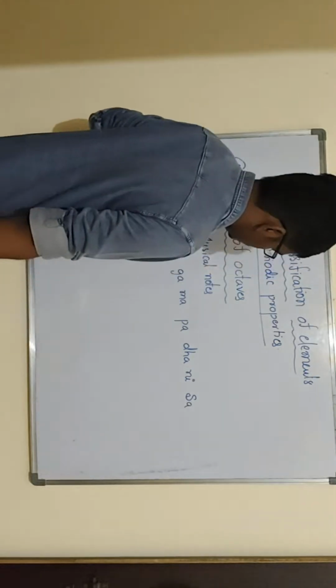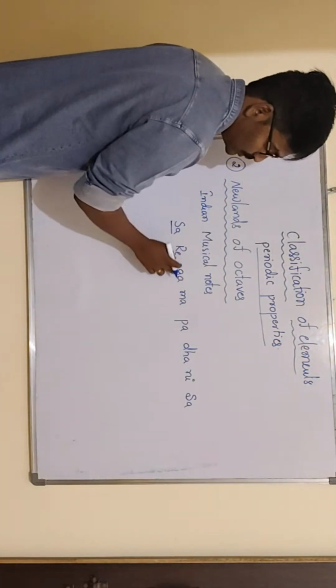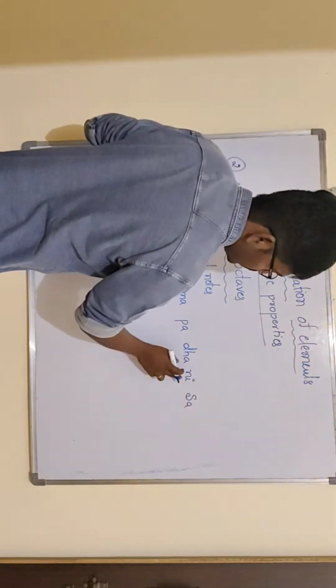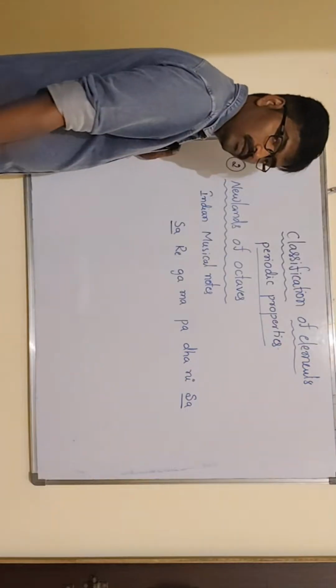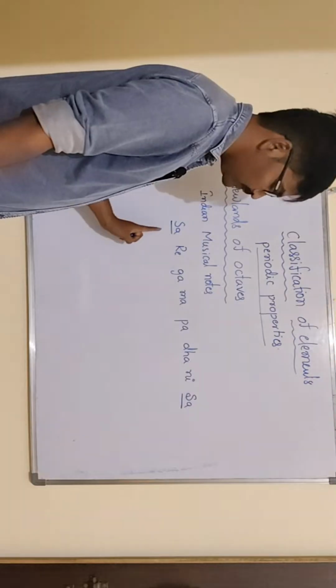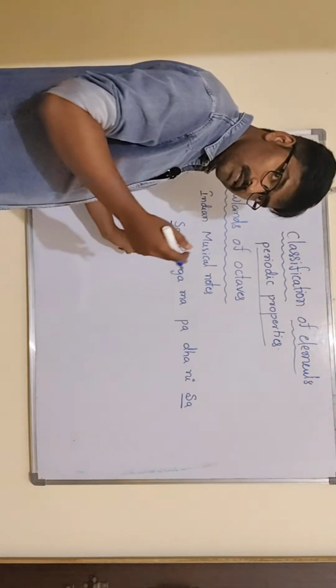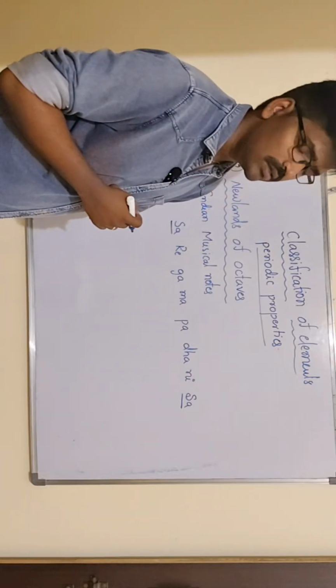Look, sa comes again after the seventh note: 1, 2, 3, 4, 5, 6, 7. Even here, every eighth element, when the elements are arranged in increasing order of atomic masses,